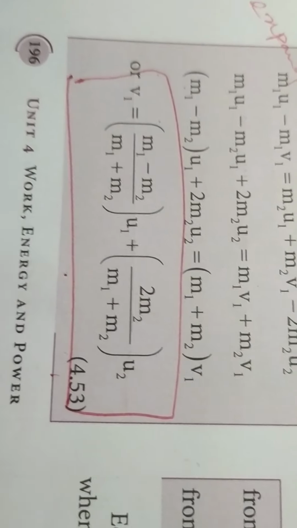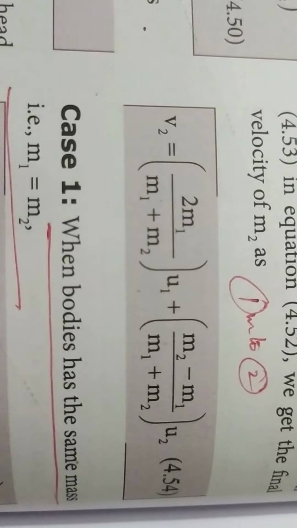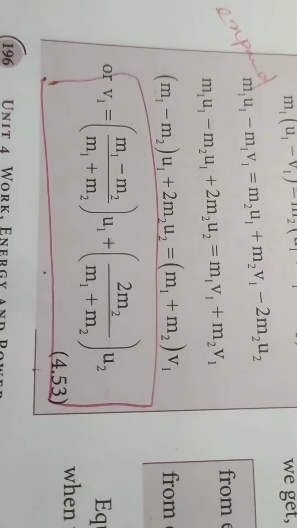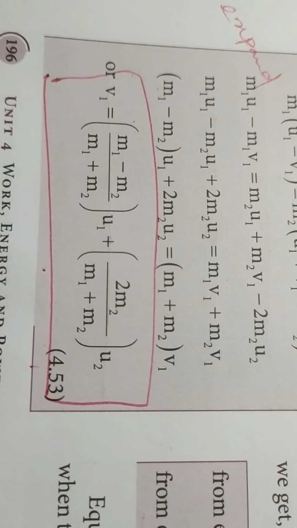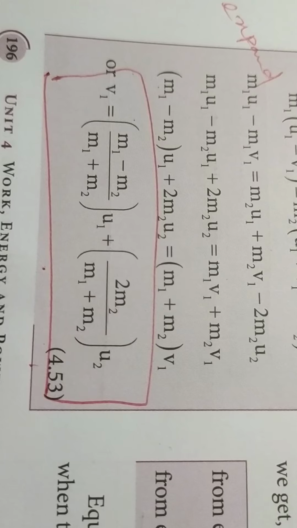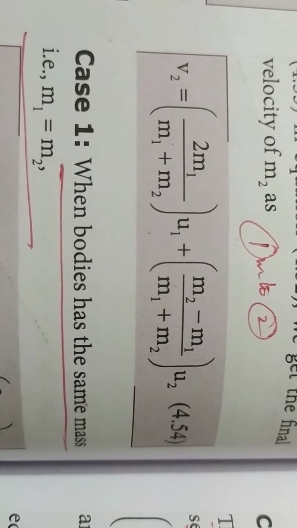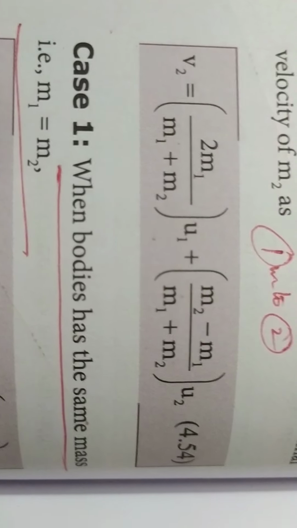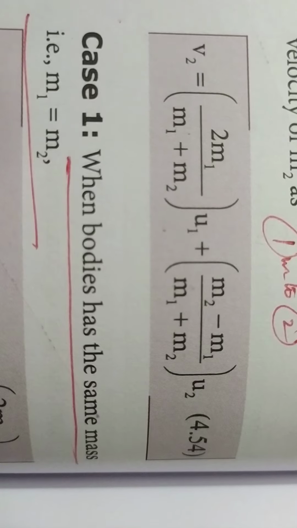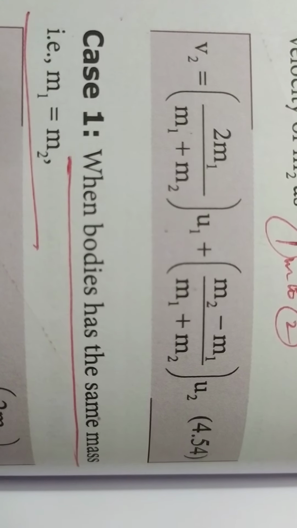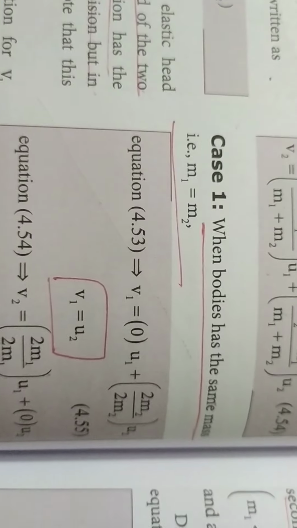V1, first object M1. So similarly again you rearrange, just you take this equation V1 and 1 is replaced by 2 and 2 is replaced by 1. Instead of 1 you write 2, instead of 2 you write 1. That is a simple method to find out V2. So the same equation but 1 into 2 and 2 into 1 you will get V2. So these are the final velocities of the bodies M1 and M2, and there are several cases we are going